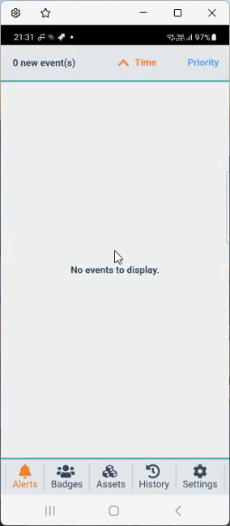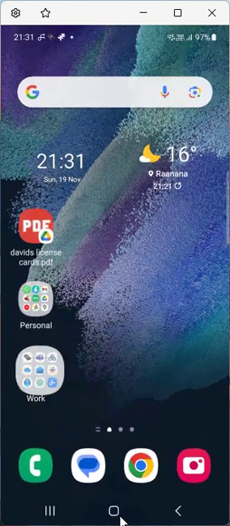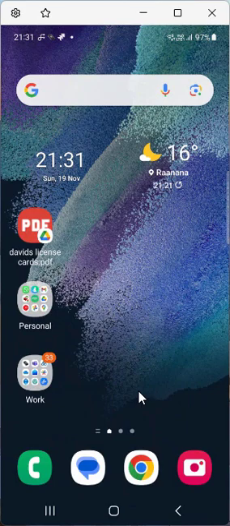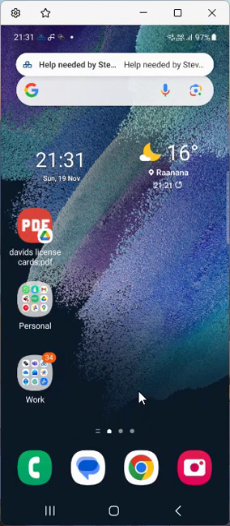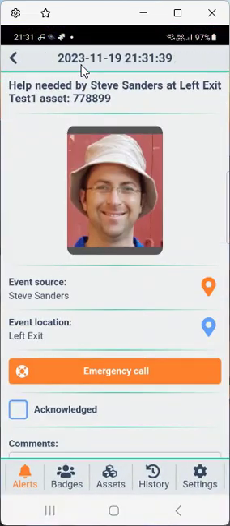I'm going to log in. At the moment there are no alerts, so I can trigger an alert. Let me just show you here. I'm going to trigger the alert. And it's come in here by the way, as a push notification. I clicked on the push notification and it opened up the alert in